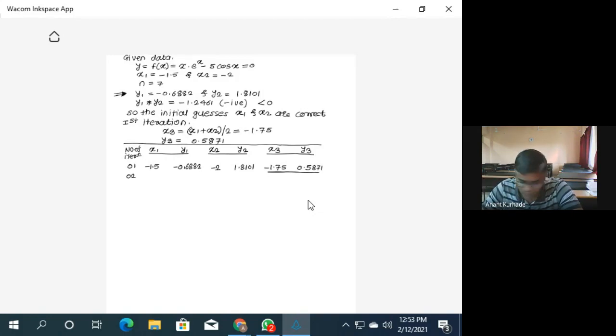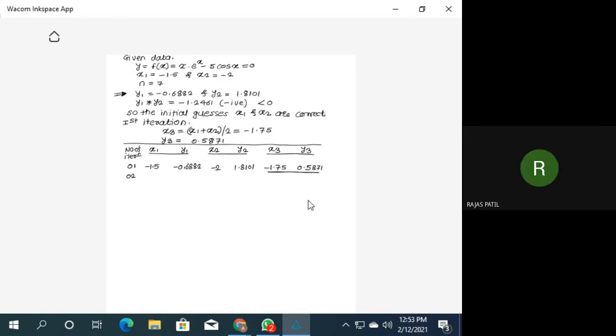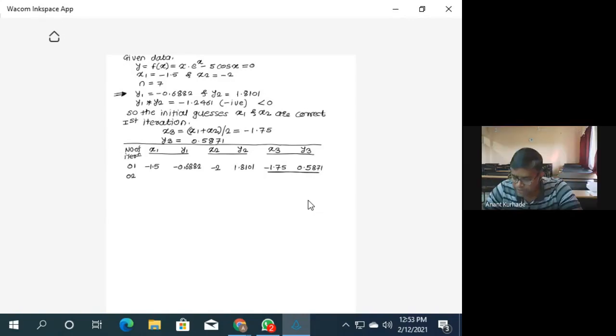Why pair 2? Why not the first one? On the basis of what are you shifting pair number 3 with pair number 2? Why not pair number 1? Same sign. Just focus on the sign of y3.